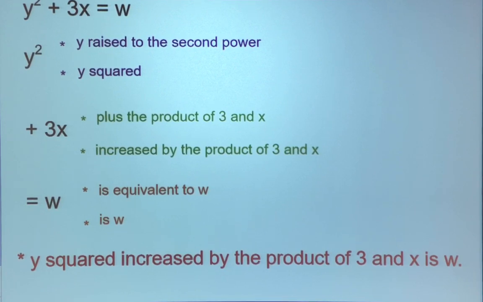As you can see, there's lots of different ways to write these word phrases, but they all have to have the same meaning. So, I hope this has given you a little bit of insight into what we're doing today,